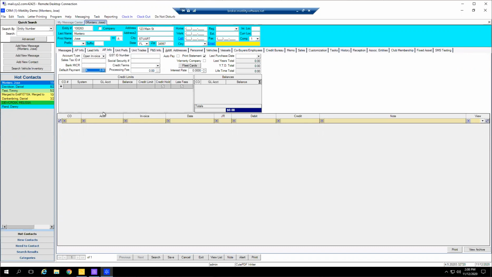You've got information like their default payment amount, if there's a processing fee, and what their credit terms or credit length terms are for the payments. You can also set things like an interest rate for late fees. You can track anytime last purchases were made. Or if I want to set up an on-account credit limit for Jose to continue cashing out balances to his